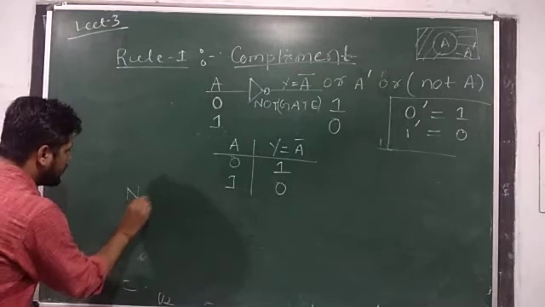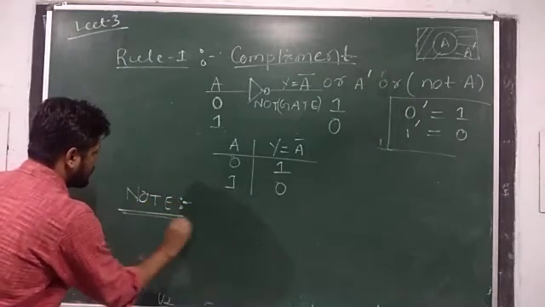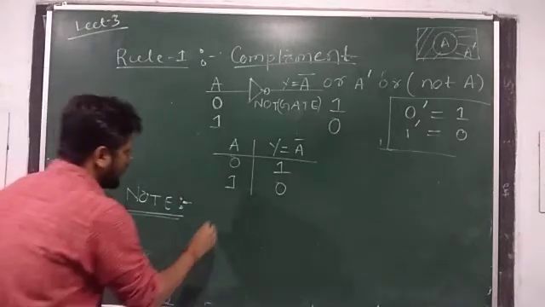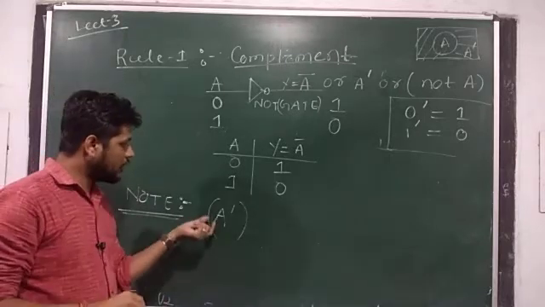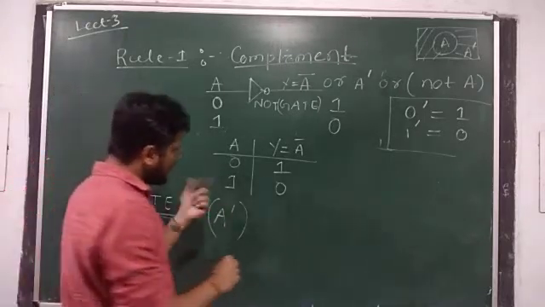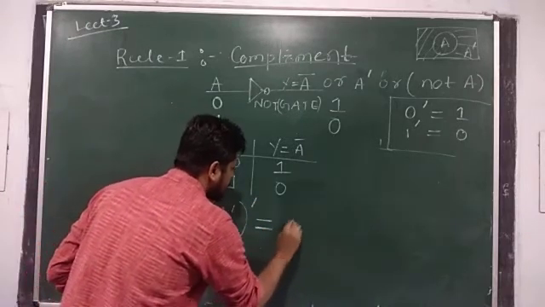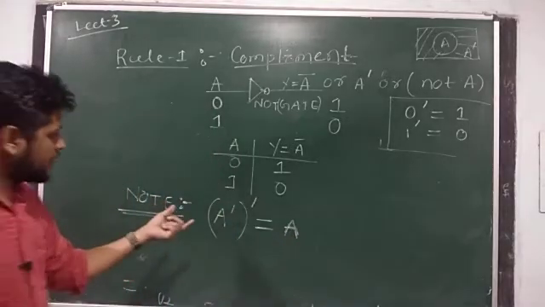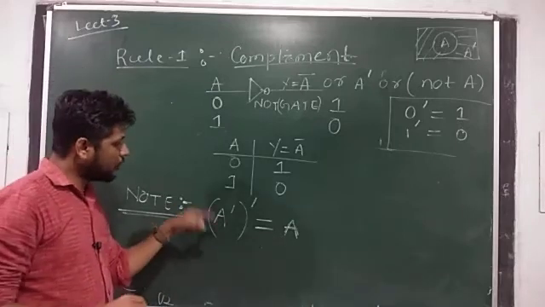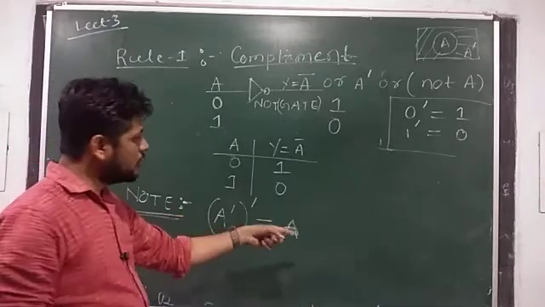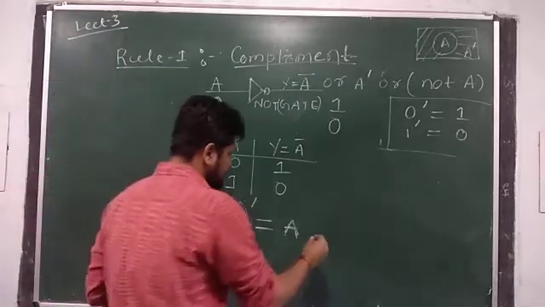Here the important note: if I complement, that is after passing through the NOT gate, I get a complement of complement, that will give us the original input, that is A. This is a very important concept. We are going to use it extensively, and you should remember complement of complement always gives you the original signal. That is how to implement this logic in a circuit.